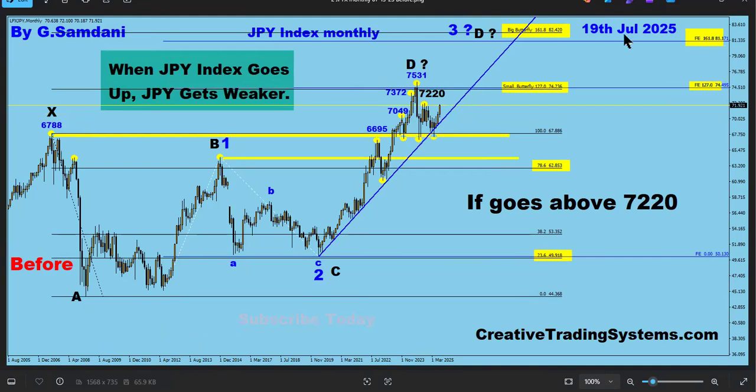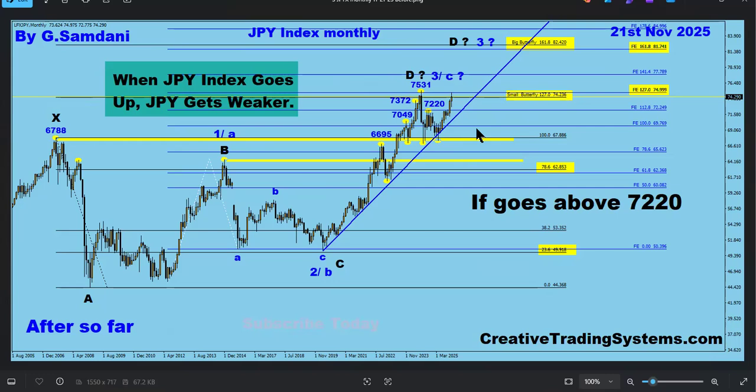Then I made the chart on the 19th of July. And this is what happened as of today, as of yesterday, last week, we ended up like this. So we went up nice and clean and very close to this high again. Now, this can be like wave A and then B followed by C to the downside, correcting this. Now, but butterfly pattern usually reacts here at 127 and then price comes down, normally around this height of B. So this could be A, B, and then C to the downside, right?